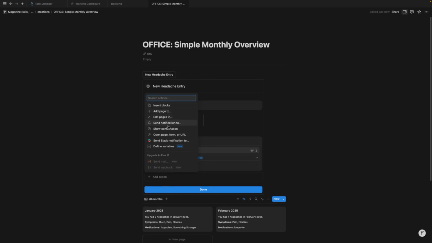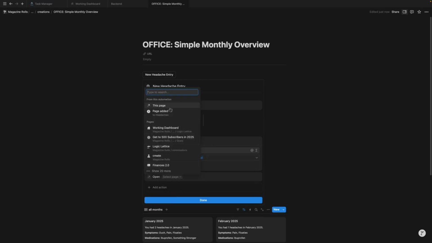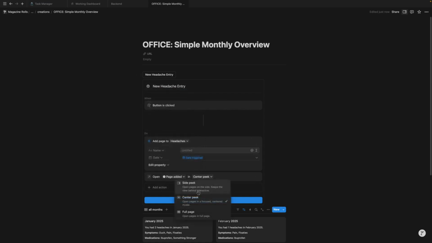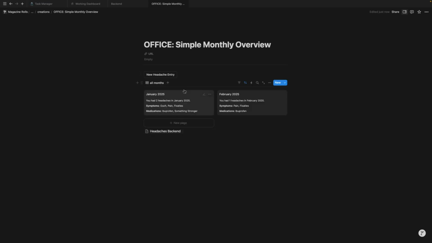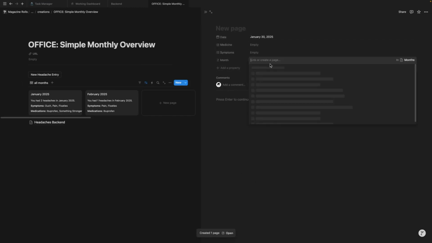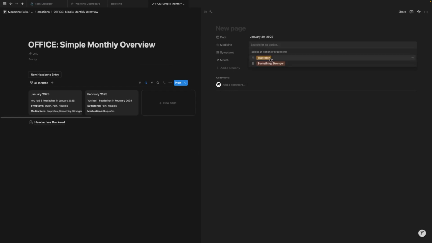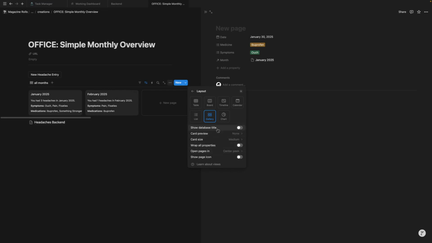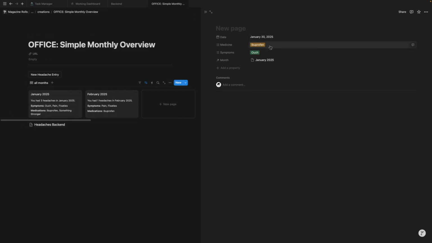I'm also going to open that page in SidePeek just to see what ends up happening. So if I click this, I see this new headache entry. It's pretty straightforward for me to go ahead and add the month in. So I can just choose the month and then choose the medicine and choose whatever happened, and you can also update this to wrap all properties. You can also go ahead and add more things in and see that it does work. For example, if I took Motrin, you can see that this updated to have Motrin in it. So it does work,